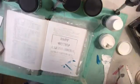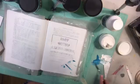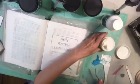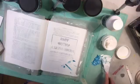Yeah, so I'll just use this. So I think what it's supposed to do is, oh, look at that. So you can keep this one. What did I say this one was, you guys? Okay, this one is the super heavy gel. So this one is for texturing, right? So if you want to leave some texture, like over,